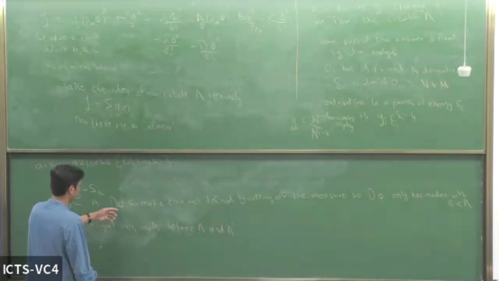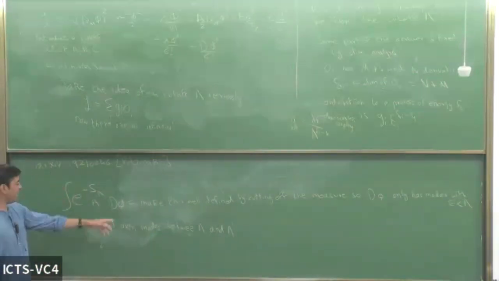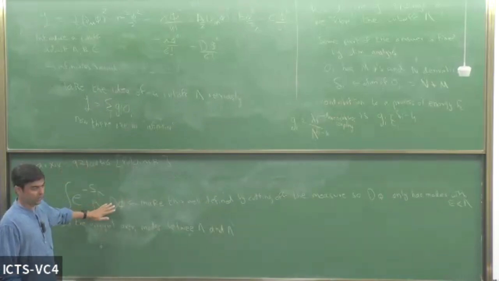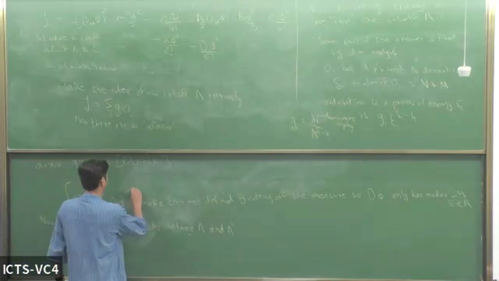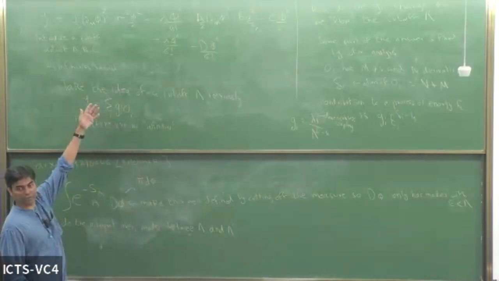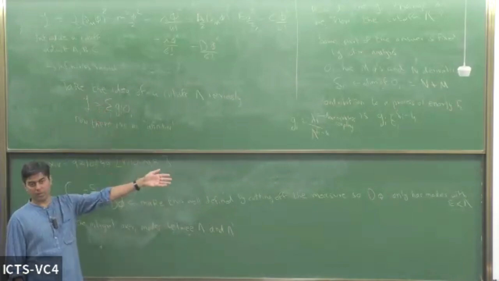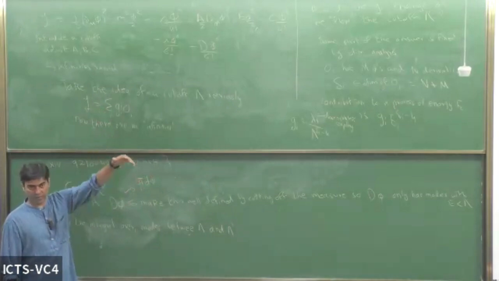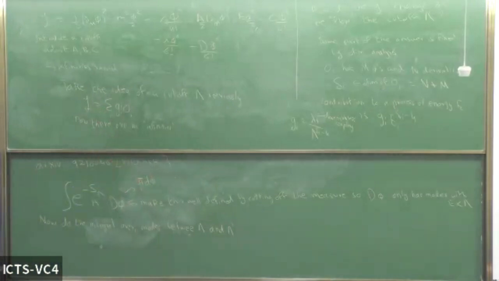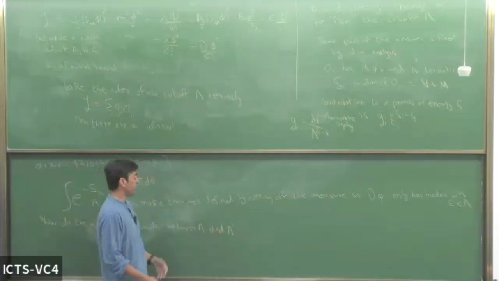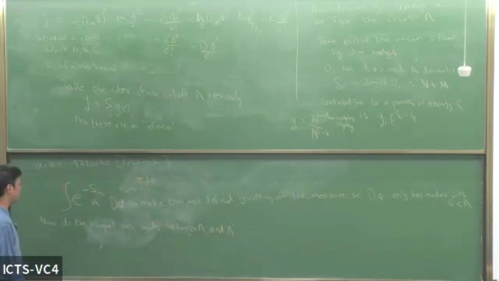So you can ask, here's some integral, I'm doing some integral, and this d phi is really an integral over different modes when you write this kind of a functional integral measure. Remember, this d phi you could write as product over i d phi i, where this is some basis that you use to describe the field, and this basis you could take to be in some momentum space basis. So you're really literally doing some integral over modes, okay, of different energies. And then you could say, let's do the integral over modes between lambda and lambda prime. If you do that integral, then you will get a different integral.